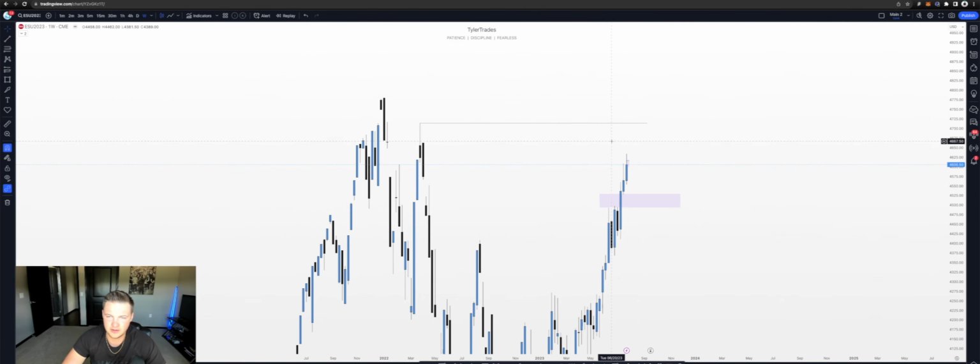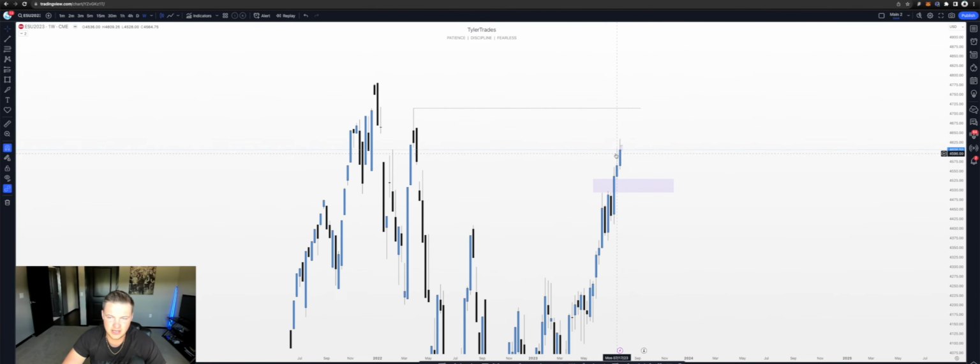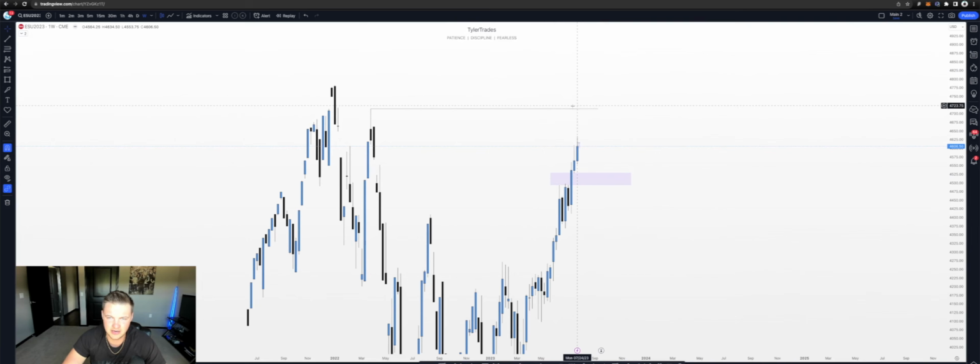And last but not least, coming back out to this weekly time frame, I don't necessarily know when this level is going to be hit. For all we know, looking at the weekly candle, we could expect that maybe price will have a bearish or a couple bearish candles that bring us back down into here before we come up to here. Like, even though this is my next weekly draw on liquidity in terms of where I think price is going to go take out next, doesn't mean that it's going to happen this coming week or even in the next